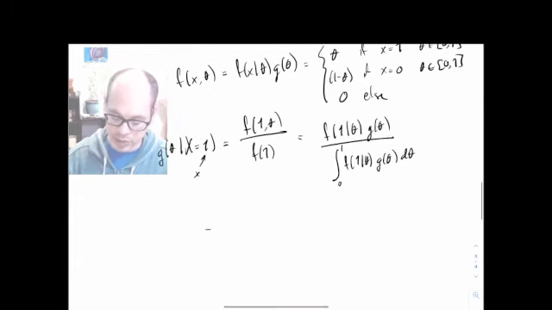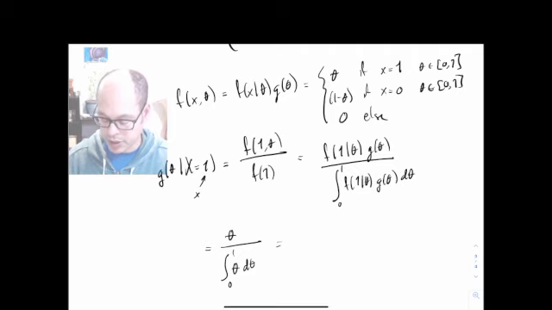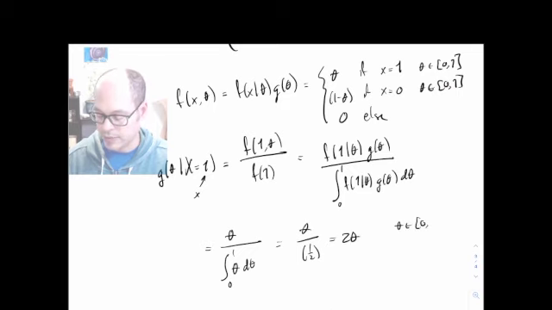Okay, and let's work that out. So f of the probability of getting a 1 given theta times the probability of having a given theta. This g of theta is 1. This first thing is just a theta. I get a theta in the top. And then in the bottom, I have an integral of really the top, which is theta d theta. So it's theta over the integral of theta d theta, that's 1/2 theta squared, evaluated from 0 to 1 is 1/2. So I get 2 theta. And of course, theta is in 0, 1.